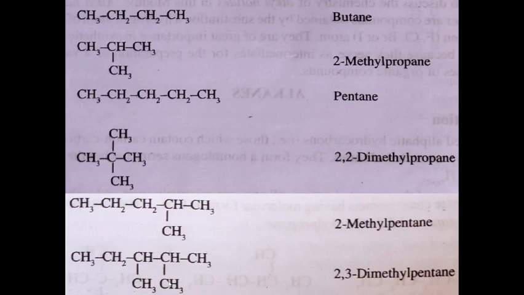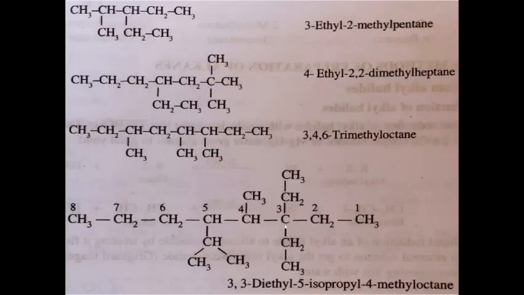Okay, and now we look at a little more complicated structure like this. Here we have to start numbering from here. On the third carbon atom, 2 ethyl groups are there, and then on the fourth carbon atom, 1 methyl group is there, and on the fifth carbon atom there is an isopropyl group. Okay, so 3 different groups are attached as substituents. So in the alphabetic order, first we have to give the ethyl. So this compound is 3,3-diethyl. Okay, and then methyl and isopropyl. So isopropyl comes first in the alphabetic order, so this is 5-isopropyl-4-methyl octane.